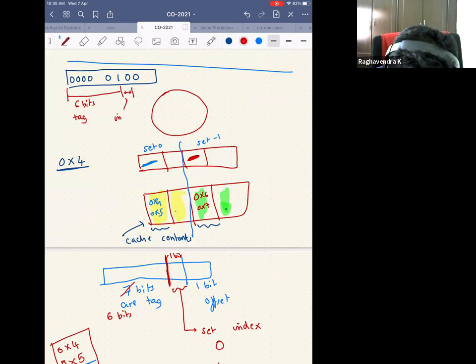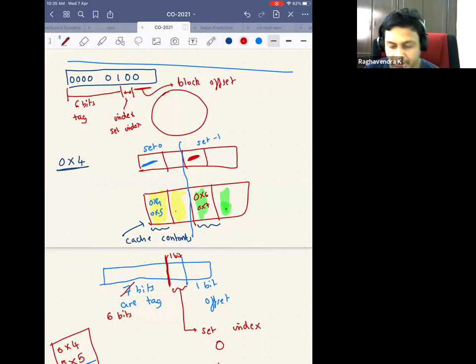This is the index or set index. And this particular bit is called the block offset, or just the offset or line offset, whatever you want to call it.